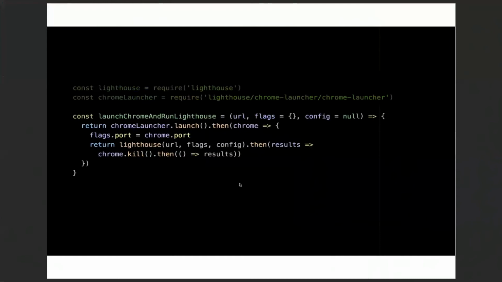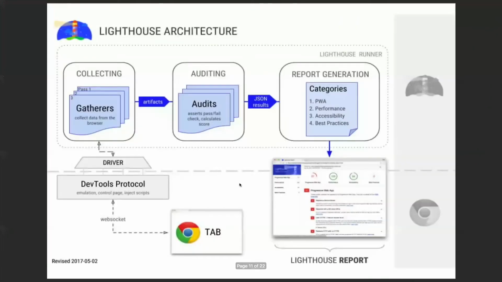For example, if I'm only interested in the performance tests, I can ask Lighthouse not to run other tests and to save some time. In a general way, I can configure everything. I can even write new tests, and that's what we are going to do now.